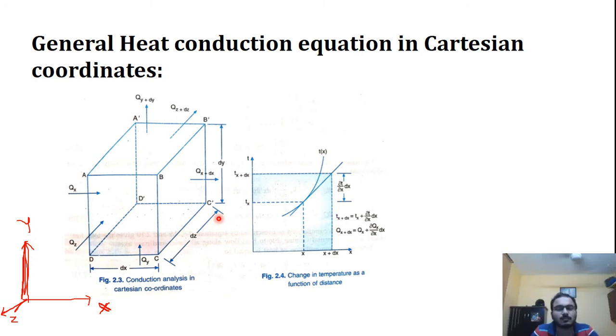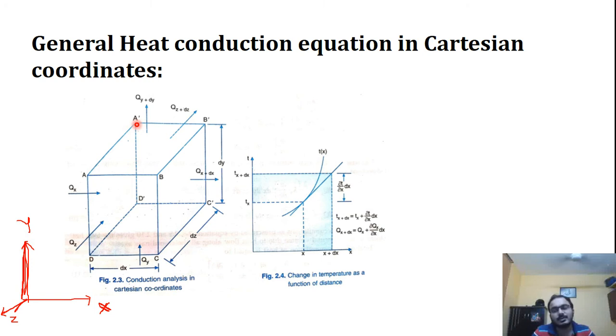Now we will see the flow of heat in the y direction. So now I suggest you to focus on a phase which is D, D prime, C prime and C. So if you focus on the bottommost part, bottom phase, then the heat which is entering is Qy, that is from the downward side to upward side, and this is the flow of heat in the y direction, and it is exiting this volume through a phase A prime, B prime and B. So this will be Qy plus dy. So it is entering here Qy and here it is exiting.